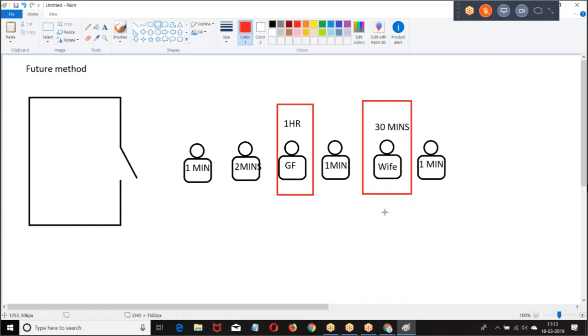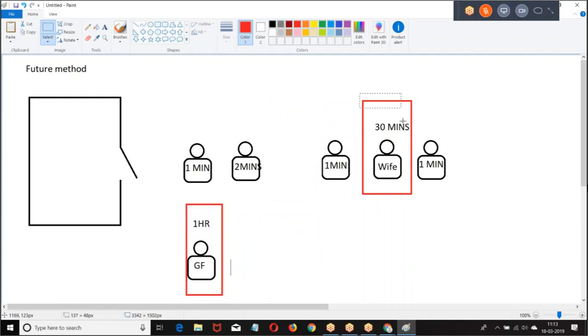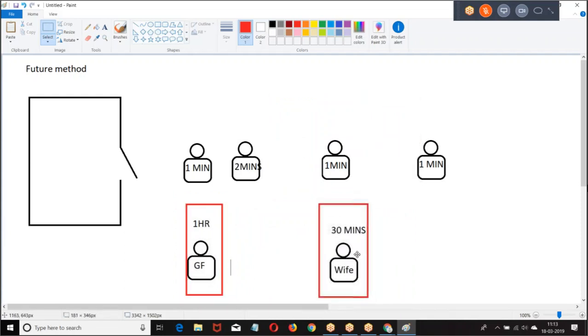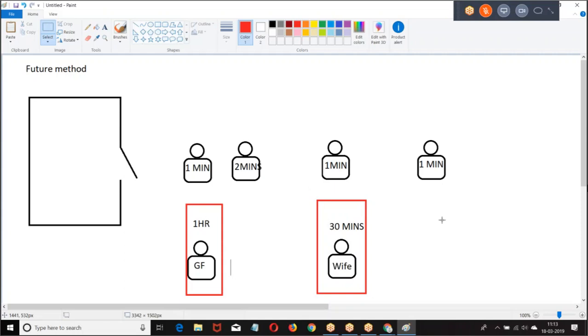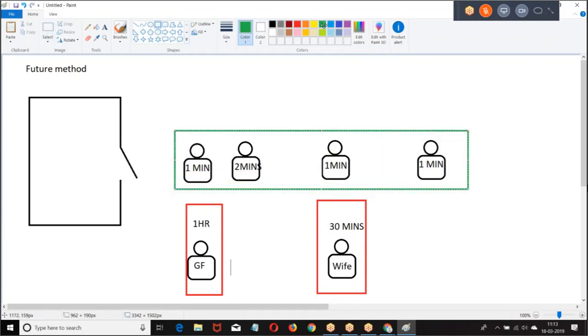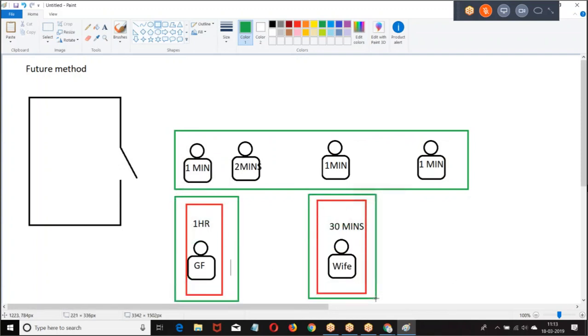Right. Now, they told, boss, if anybody wants to talk for a longer time, then don't stand in the queue and wait, you run separately. You run one operation, you run this as another operation, and this as another operation. So at a time, how many operations are running? 3 operations.